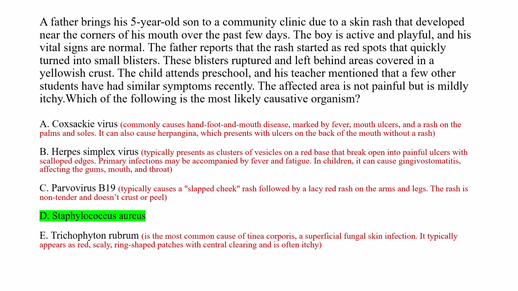And option C is incorrect because parvovirus B19 infection, also called erythema infectiosum or the fifth disease, is classically described as a slapped cheek rash. And the infection begins with non-tender erythematous patches on the cheeks. The patches then fade as a lacy erythematous rash develops over extensor surfaces of extremities, and the rash does not